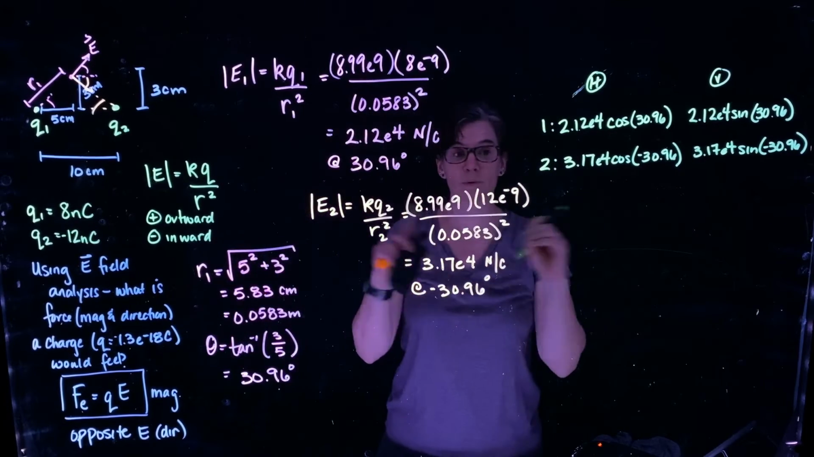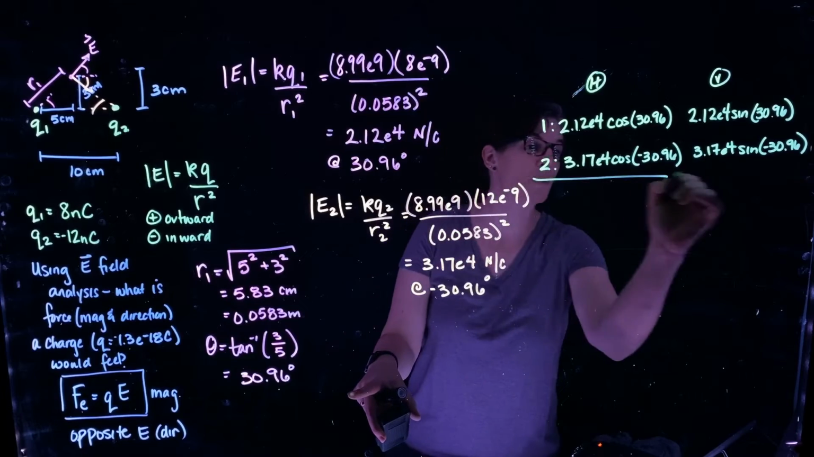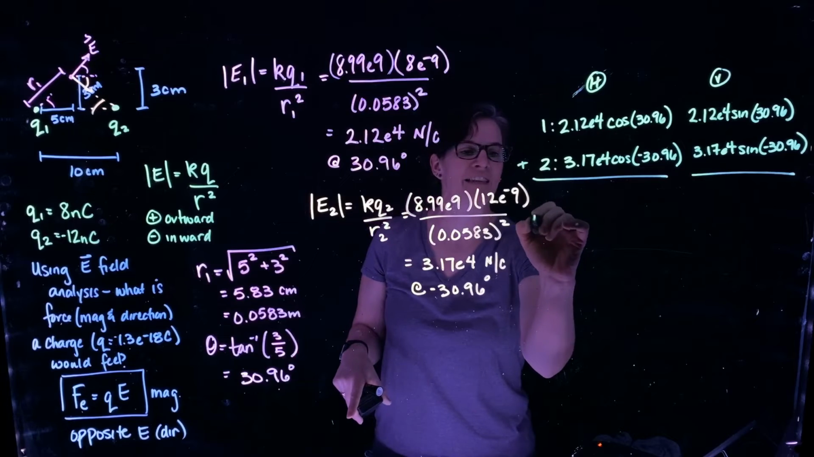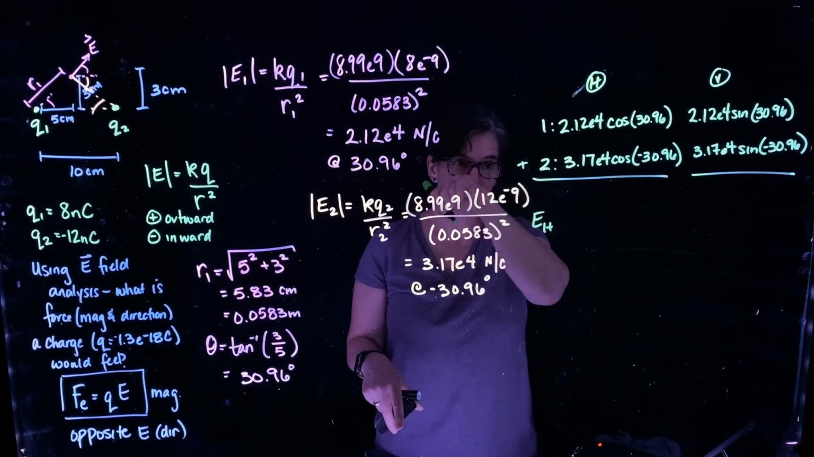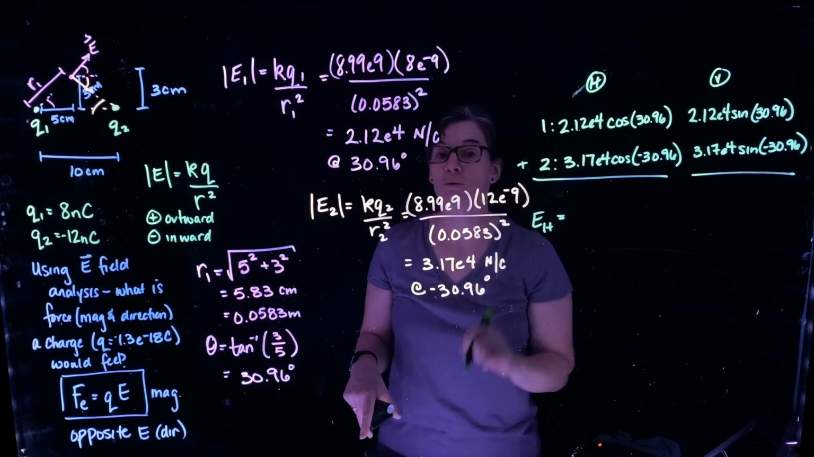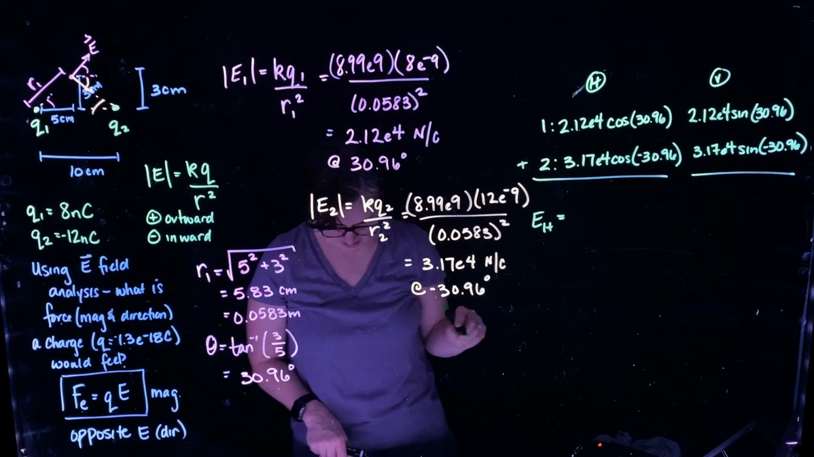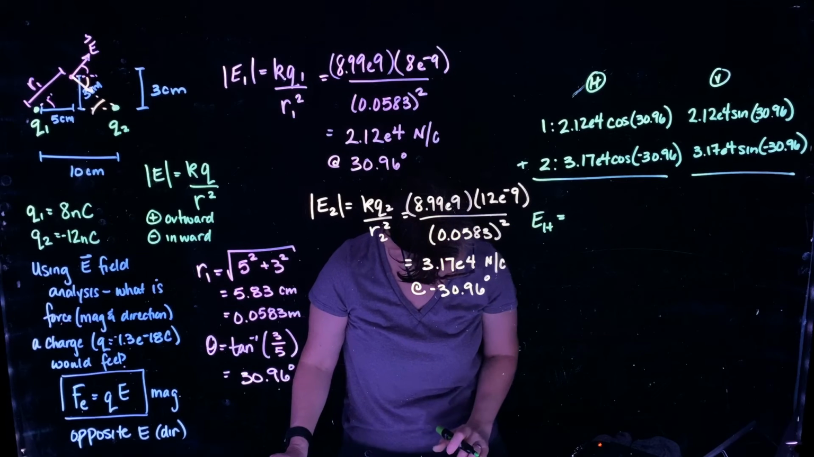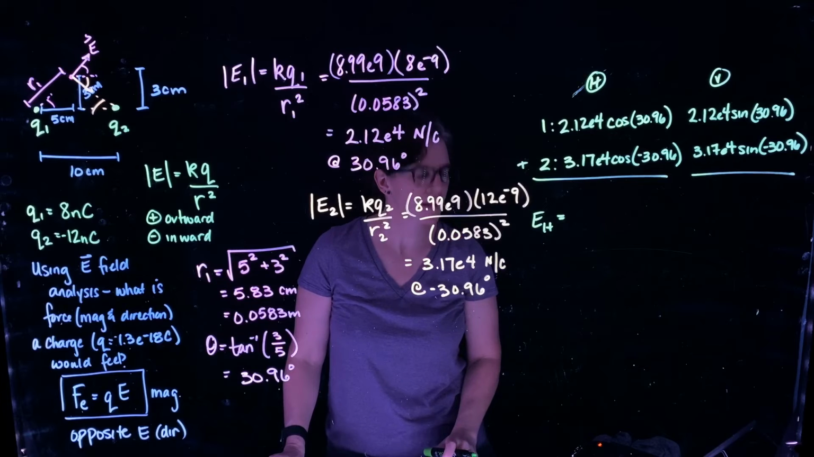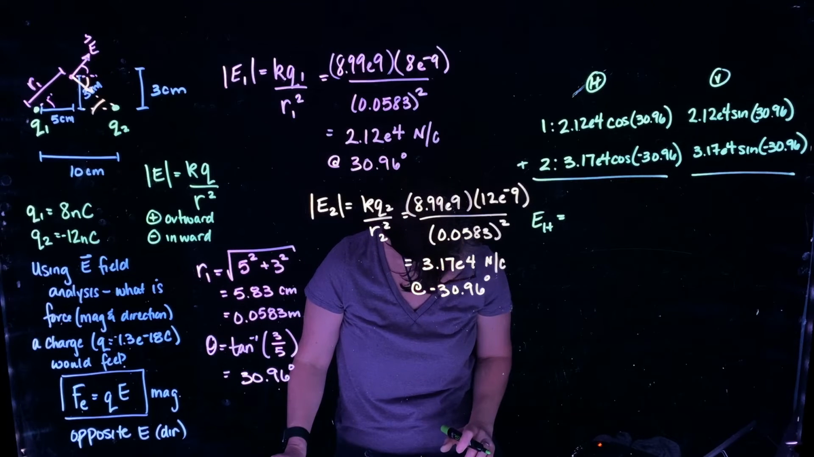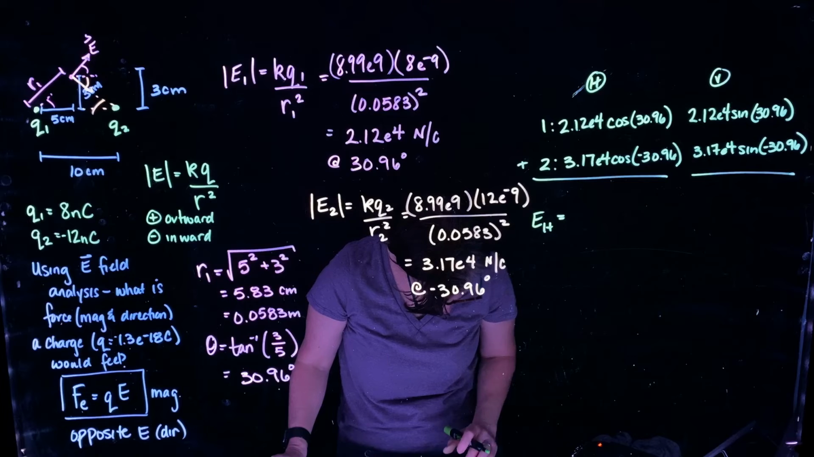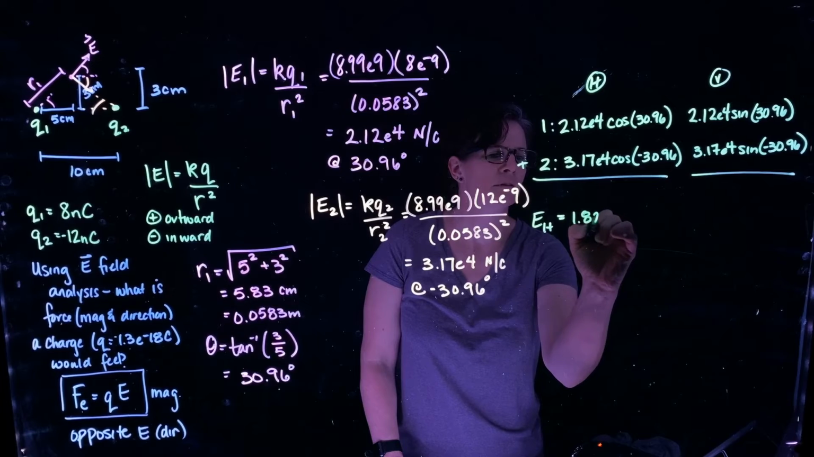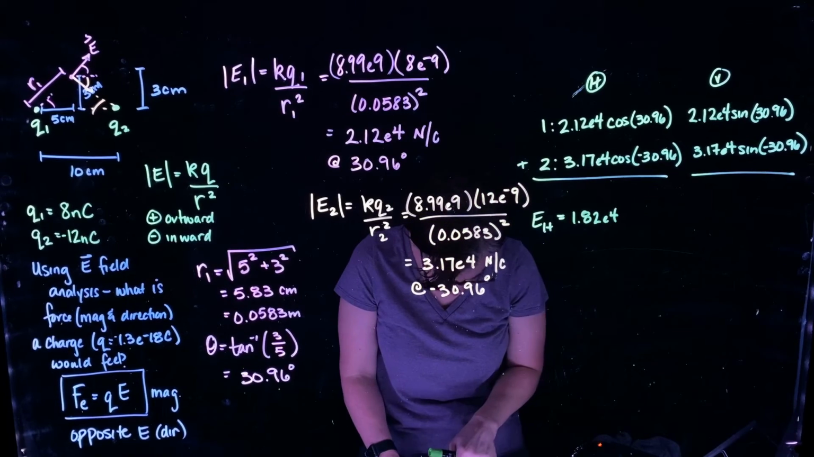Okay, now that I've broken them up into their components, I can add them like I would normally. So the electric field horizontal is the sum of the two horizontal components. That gives me, let's do it out, 2.12 times 10 to the fourth times the cosine of 30.96, equals, I get 1.82 times 10 to the fourth, yep,